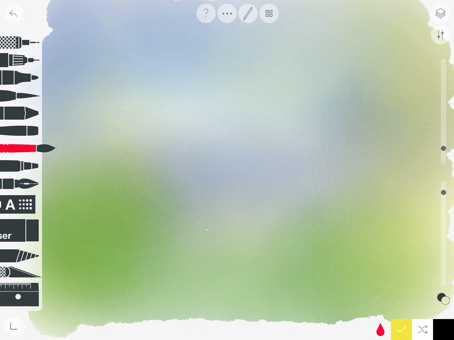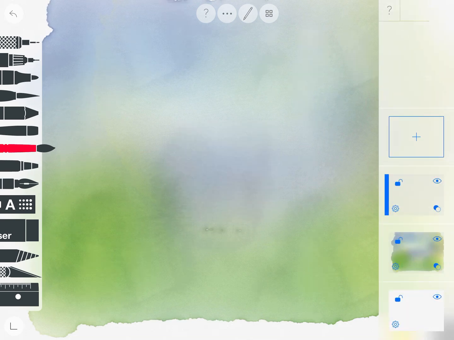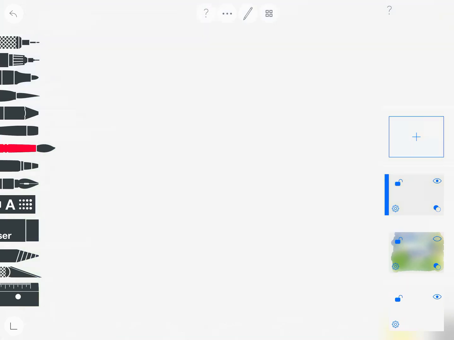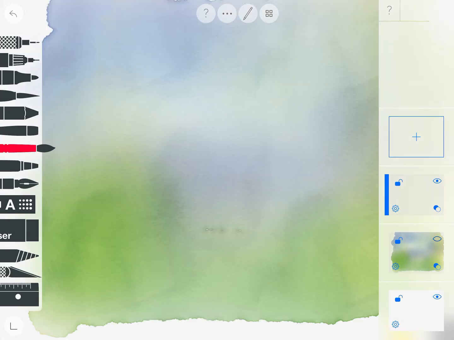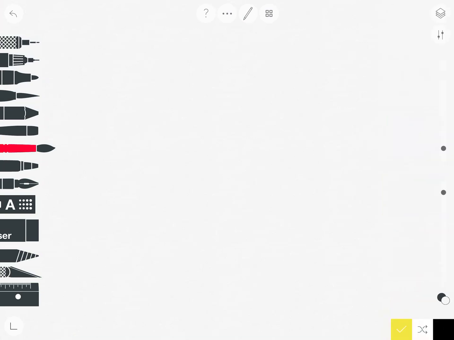Next step, go ahead and press the layer icon in the top right hand corner, and we're going to create a new layer. I recommend that you hide your first background layer, and you do that by pressing the little eyeball there. In your next layer, this is like your sketching layer. So choose the mechanical pencil,